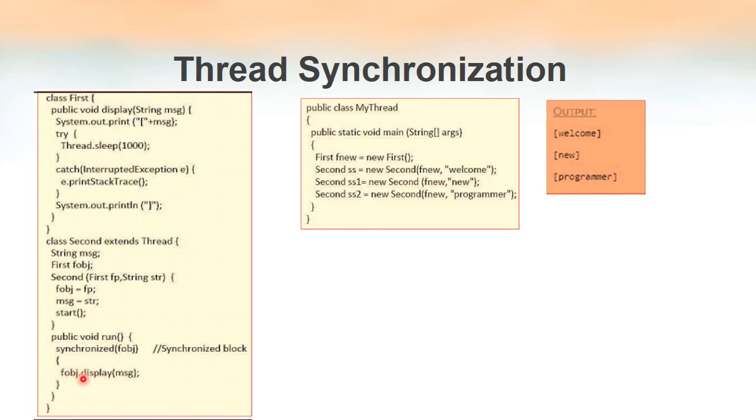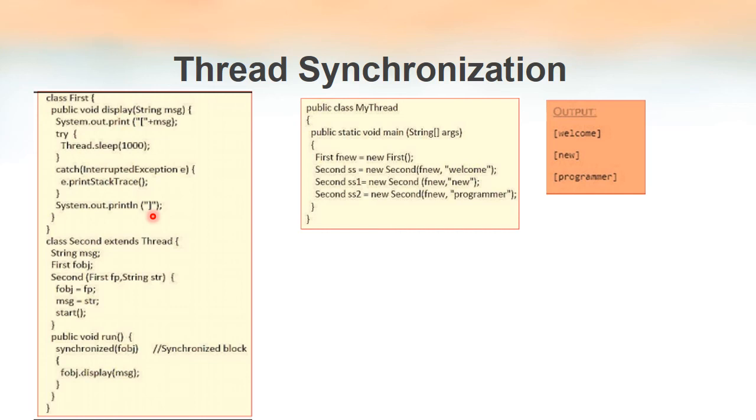That means if one thread is using this line of code, all the other threads will have to wait. So when the thread SS is created, its start method is called. Now SS is inside this. SS is using this line because it called the method display. The display method will start working. There the thread is sleeping for 1000 milliseconds, so it is 1 second. It is waiting, sleeping for 1 second. After that it will print. After sleeping, when this time is over, the thread SS will print this square bracket.